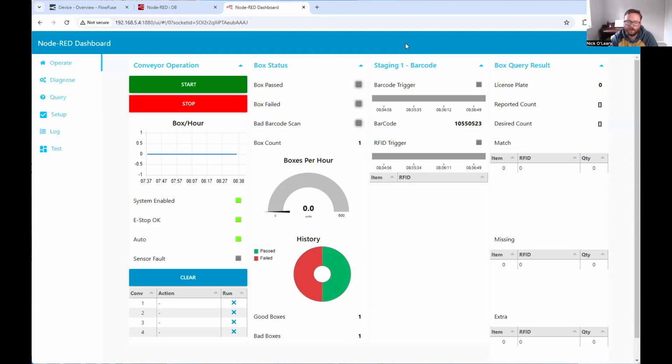Typically when you're using HMI, you're using kind of a what-you-see-is-what-you-get approach, and you're building all those screens and pages exactly like you want them to look. With dashboard, it's a little bit more. There is a little bit of control over how things are organized on the screen, but it's more like an app, like an iPhone app or something, where you're just kind of dropping things on the screen and then letting the browser decide